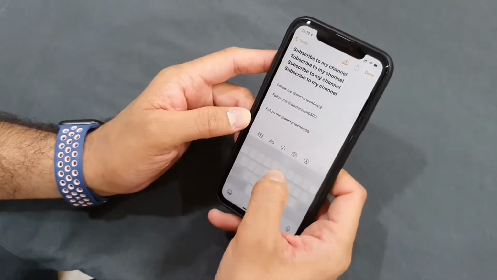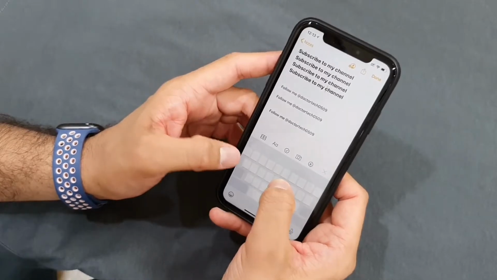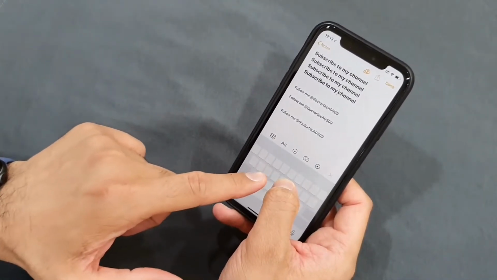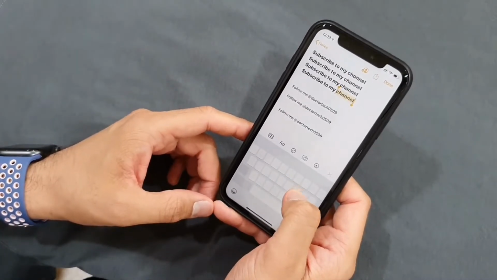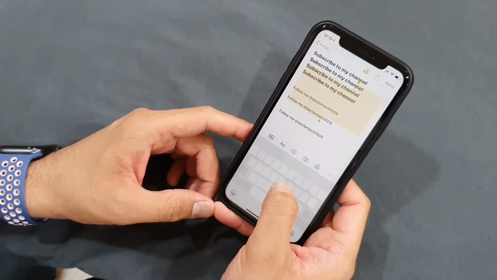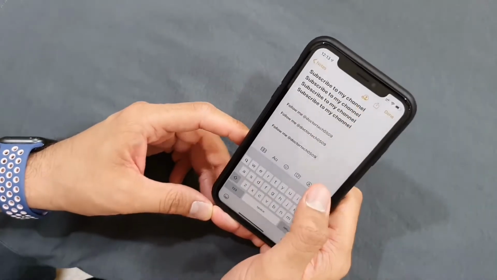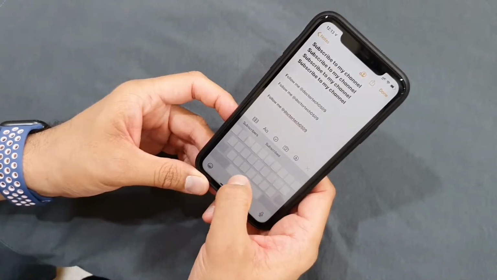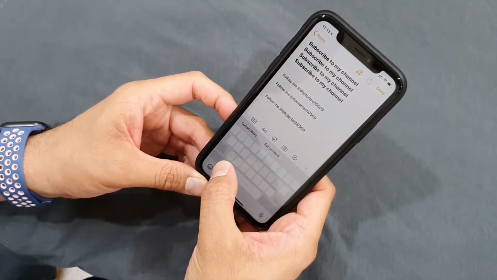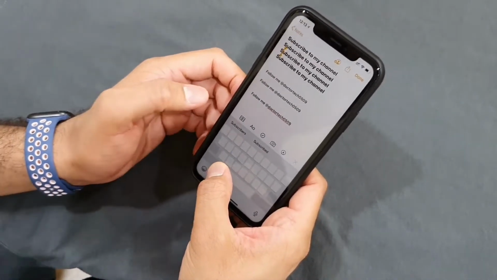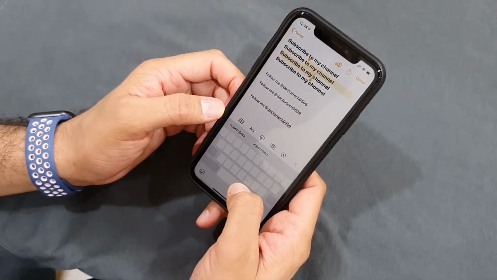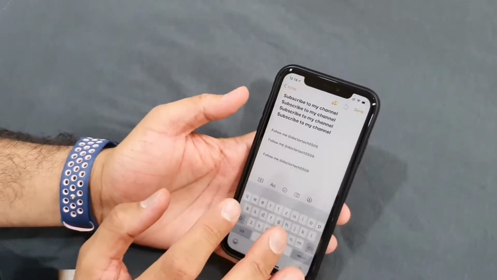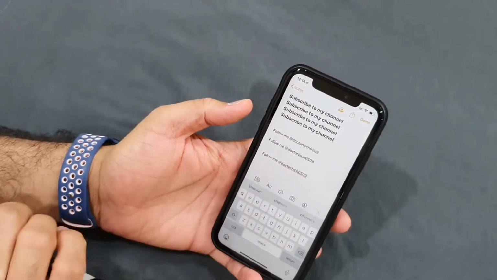Now what if you want to select something? Wherever your cursor is, just tap with any other finger on the same trackpad and it will start selecting. Just move the cursor wherever you want, it will start selecting. If you know your starting point, just take your cursor there, tap it and it will start selecting from there. It's that easy.